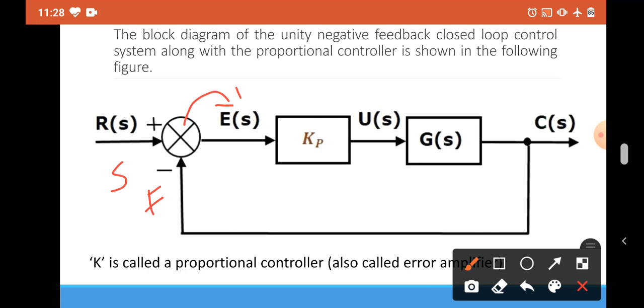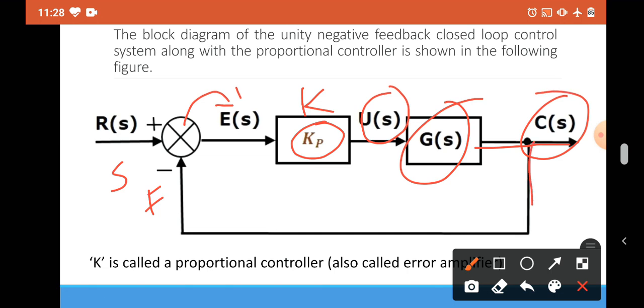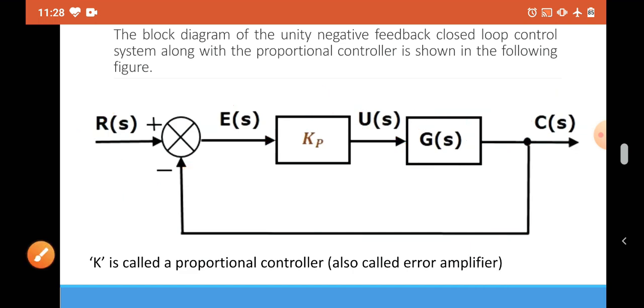proportional controller. This is your proportional controller K. Based on this proportionality constant, this will generate some output signal, and this output signal will be given to this plant, where the plant will take some corrective action and generate some output, that is C(s). This output is again fed back to the error detector. If it is as per the set point, then this feedback will be zero, so this error signal will be the value of your set point. So this is how your proportional controller works.